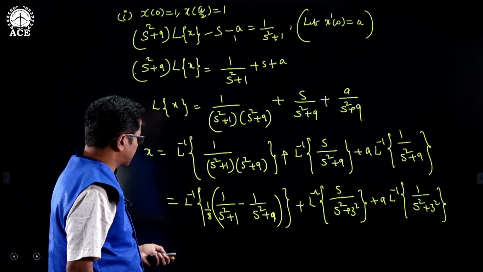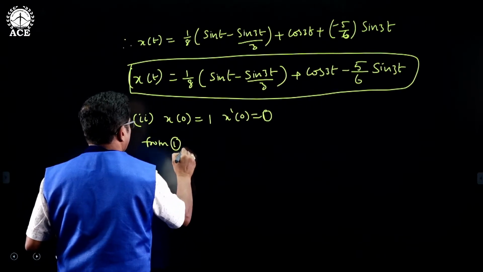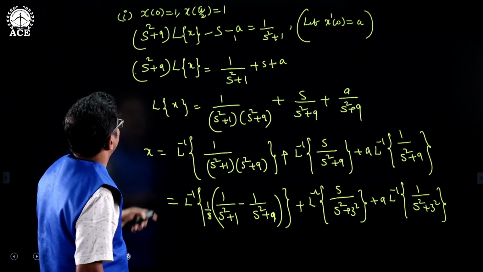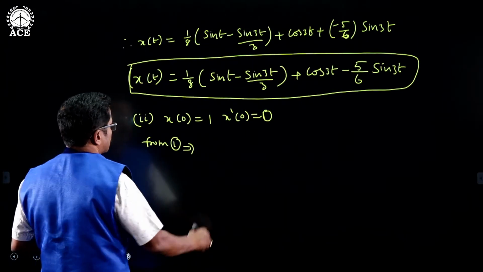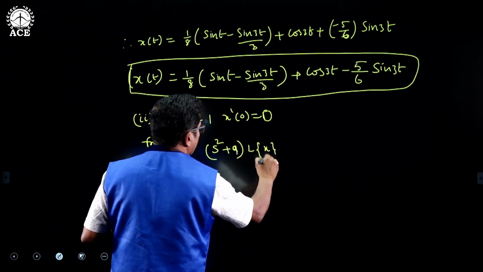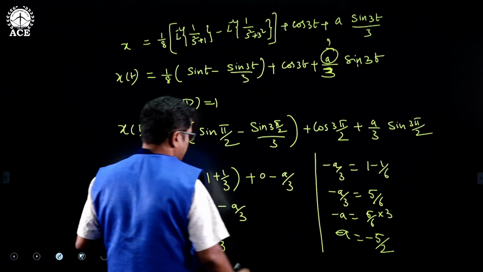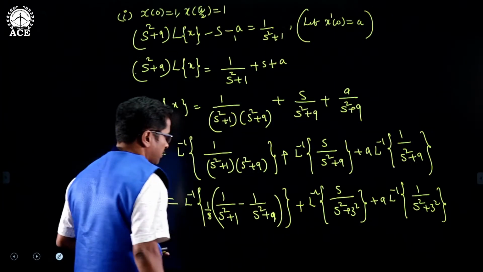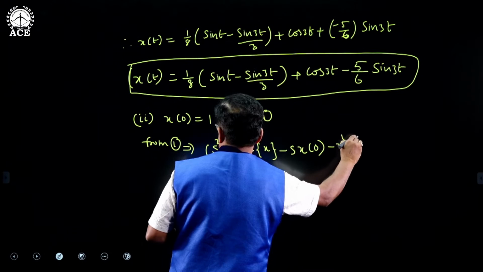For the second one, I have to take equation 1, which we can write as s square plus 9 into L of x, minus s into x of 0, minus x dash of 0, is equal to